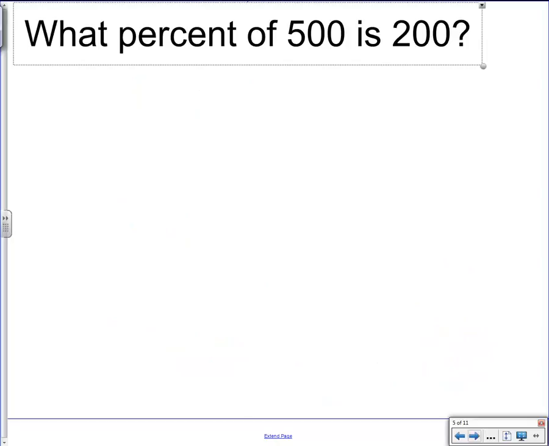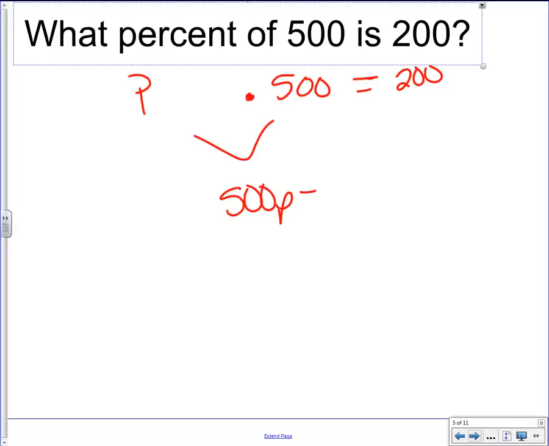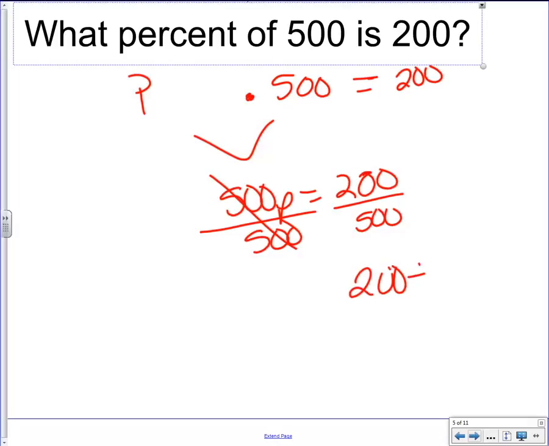The next one is 500, or what percent of 500 is 200? So percent looks like it's what I don't know. Of is multiply, is my equal sign, and there's my 200. So when I multiply these together, I get 500p equals 200. I divide by 500 because it's what I want to go away. Type into my calculator 200 divided by 500, and I find p is equal